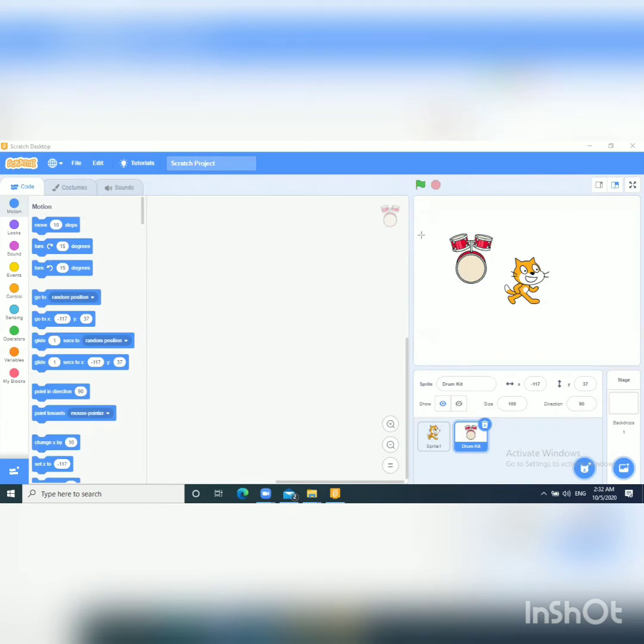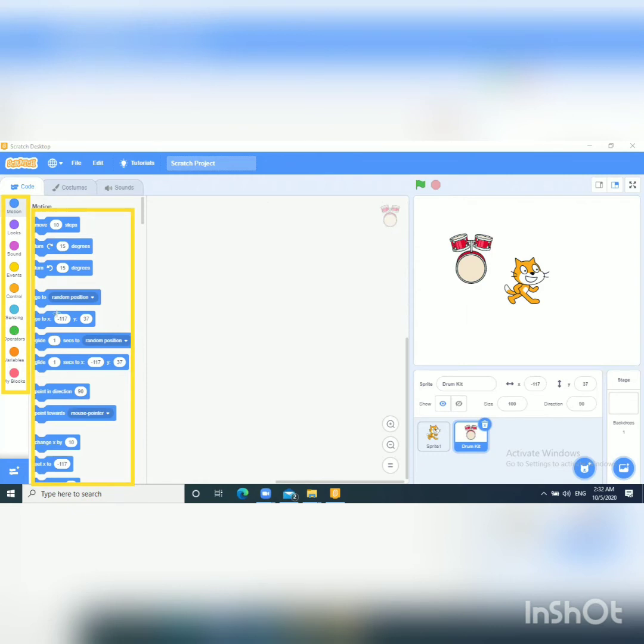The next one is code blocks. Very important, code blocks. These are our codes. There are different categories of code like motion, looks, sounds, events. Many codes are here. In each category, you can see a number of code blocks, like this one, which is of motion.